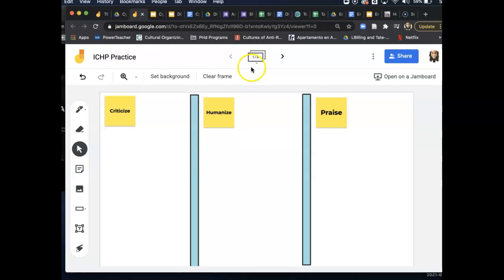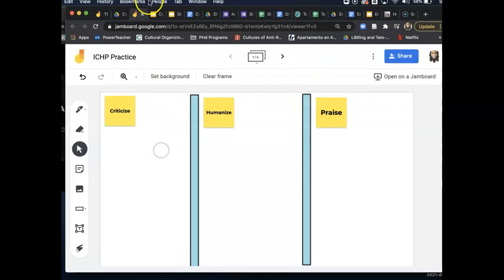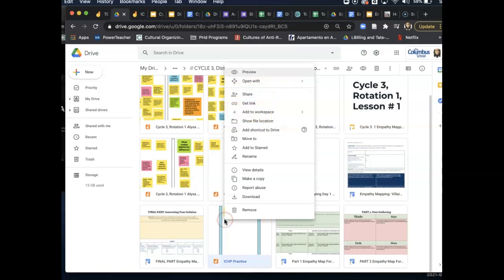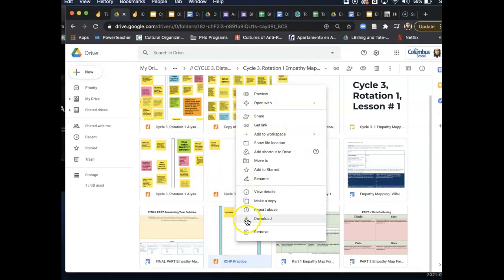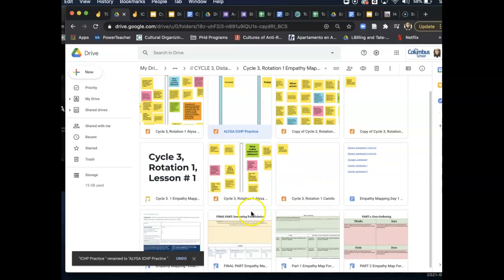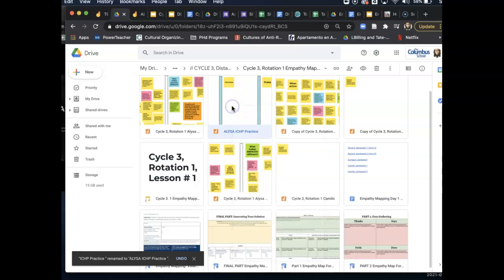So I created this for my class, so that'll be 6 breakout rooms. Each one will be working on a board. Go ahead and just make a copy. It's here in this folder, right here, ICHP. Make a copy, and you can make one for your own class. So when you get the link to this folder, that's where you'll find that. This is Alisa's, and you'll just make your own. Okay, I didn't do that this time. Last time I made them already, but all you have to do is just make a copy and grab that